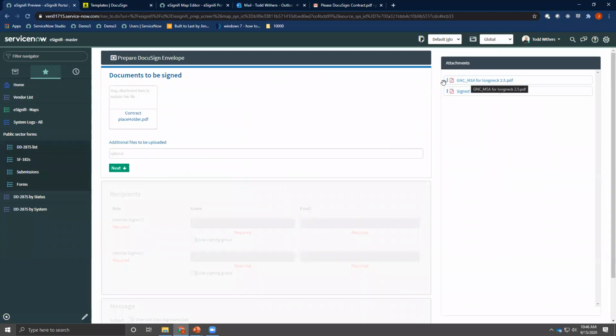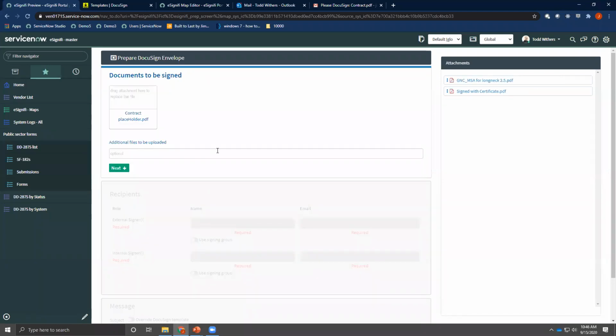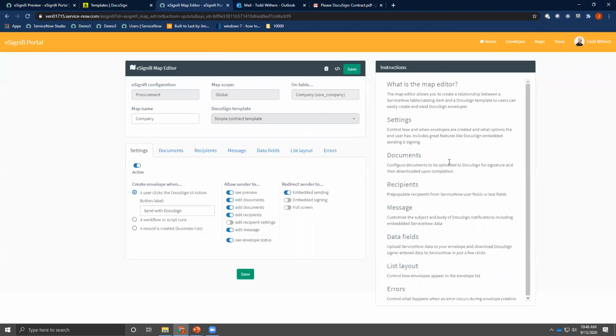So remember, we dragged in this master services agreement, and then we chose the two signers right here, right? We chose the internal and external signer. Well, we can actually do that administratively in the map as well. Remember, the map is routing data between the two systems. So in the map, I can specify these things. So let me go back. Now I've got my admin hat on again, and I'm going to go back to the map editor here